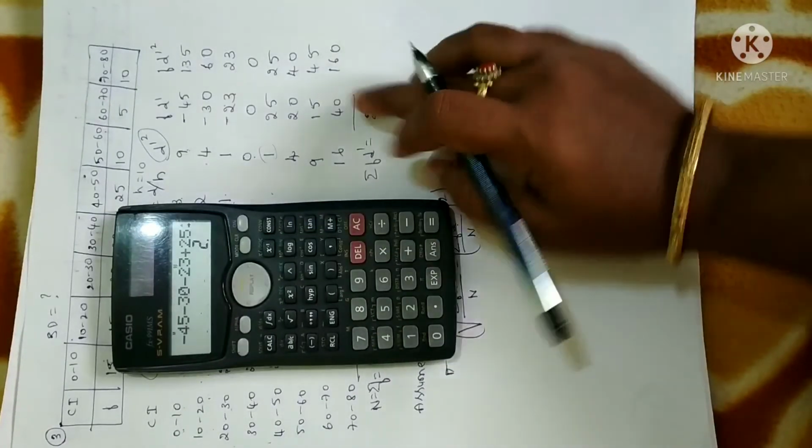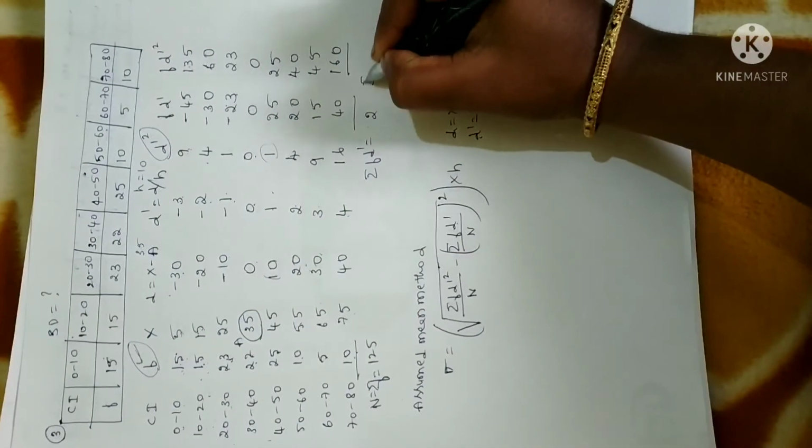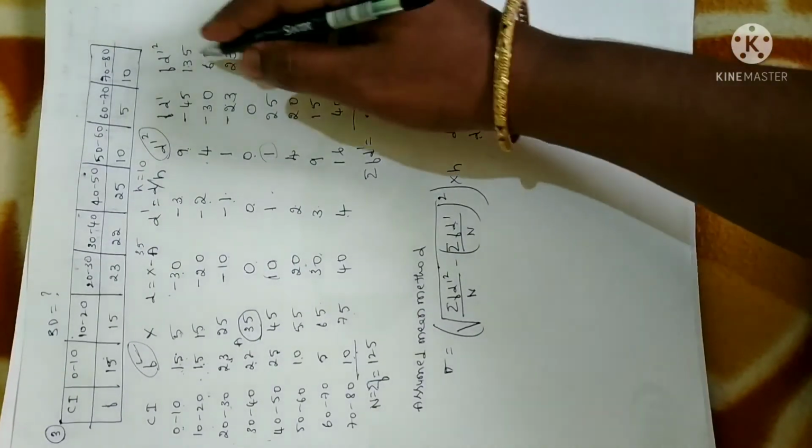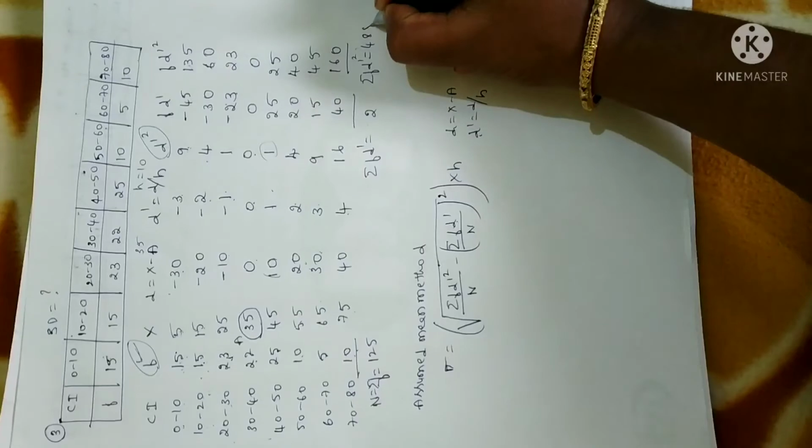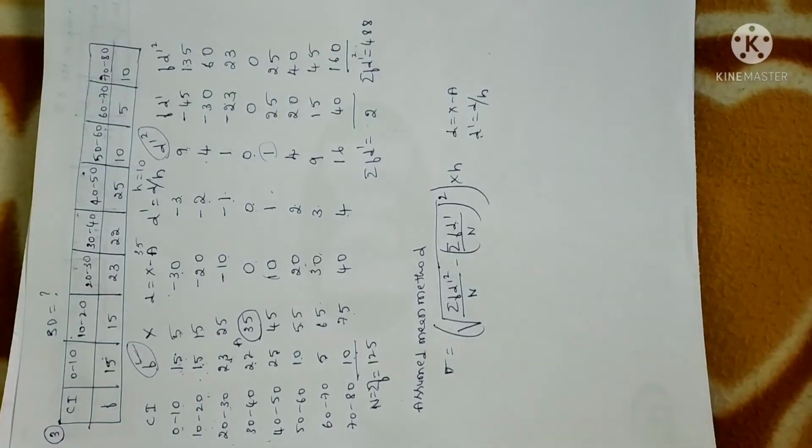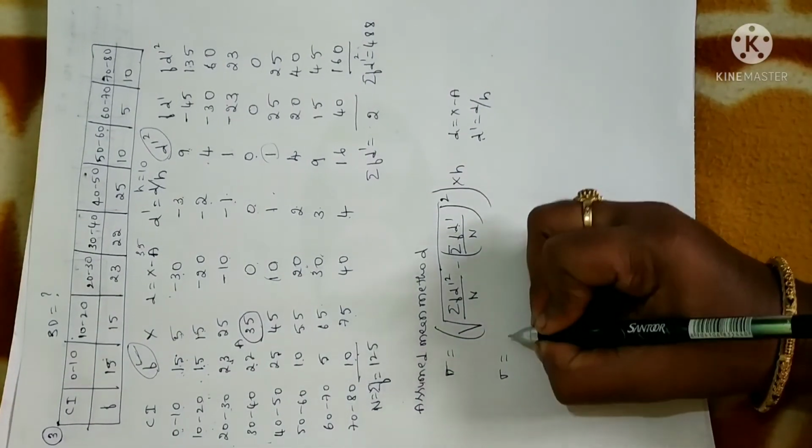So that will give you 2. Fine. Similarly, sigma f d dash square. So you just add all these values. So you will get 488. Clear? Now let me substitute in the formula, so the standard deviation will be